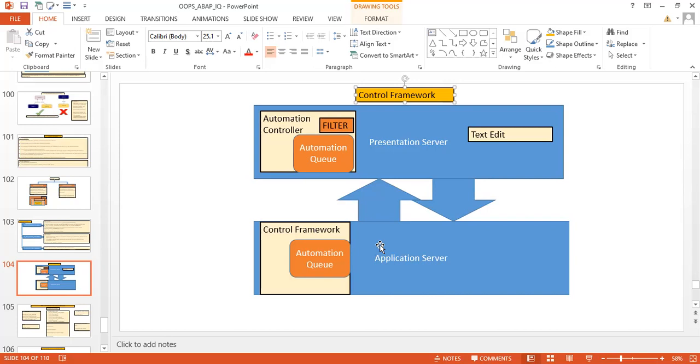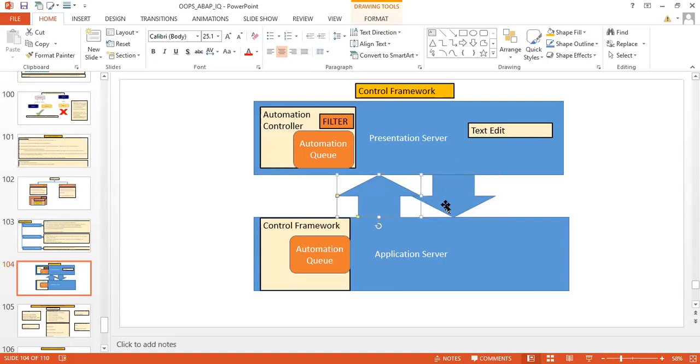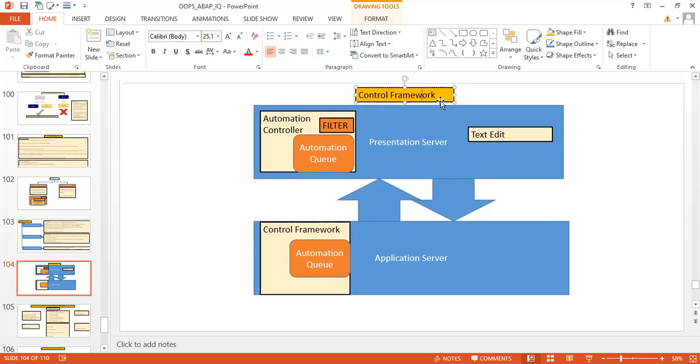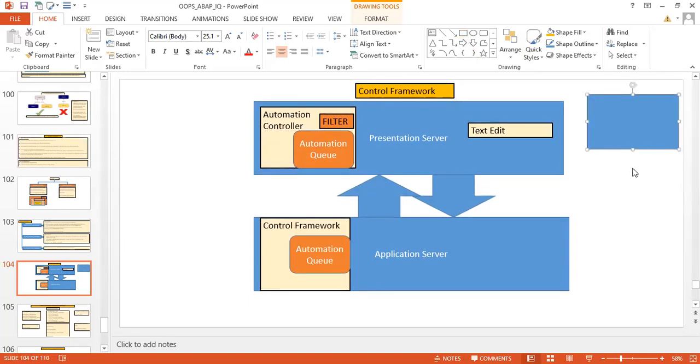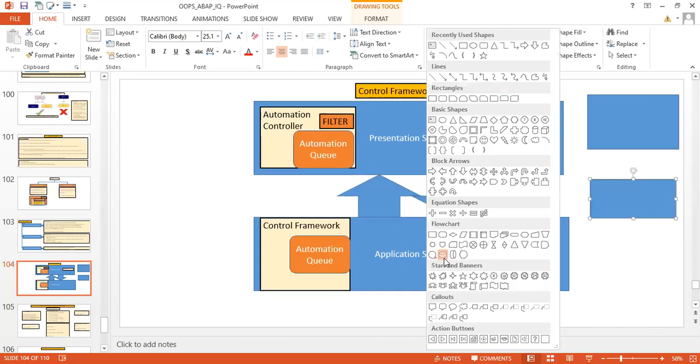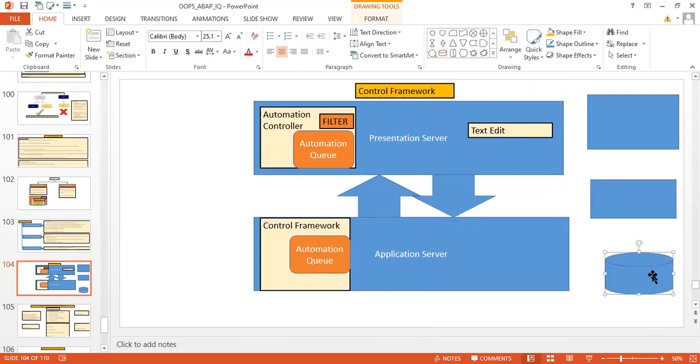Just for ease of life, everything is towards improving performance, right? This programming is also in order to improve the performance. Now in programming itself, we want to improve the performance. So for that purpose, the control framework comes into the picture. Where does it come into the picture? The 3-tier architecture, right? GUI, then the application server layer, and then the database layer. This is the 3-tier architecture.